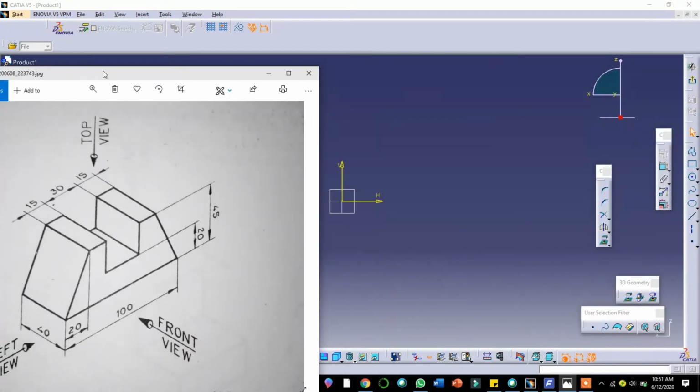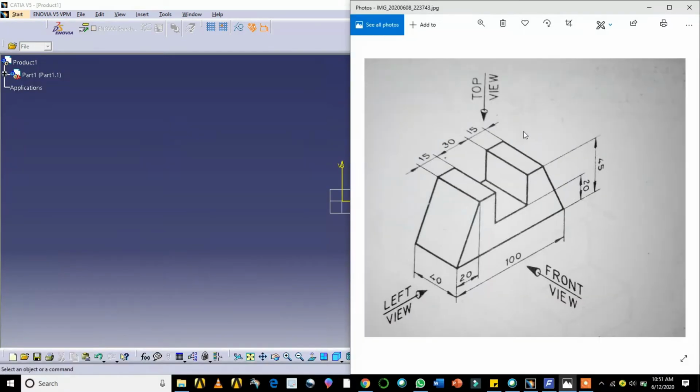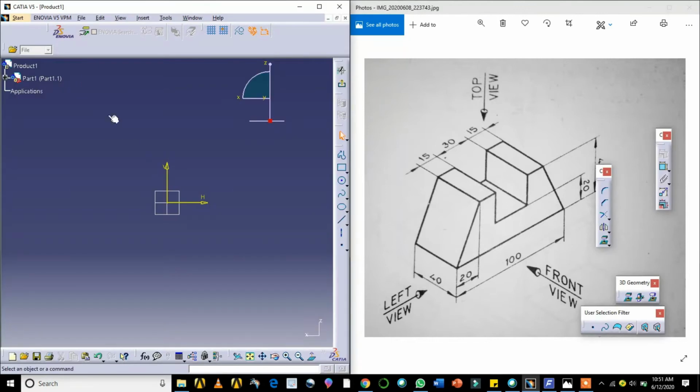Now I need to create this, so I'll go for the line command. I'll draw a line. Next, I try to give the dimension for this.